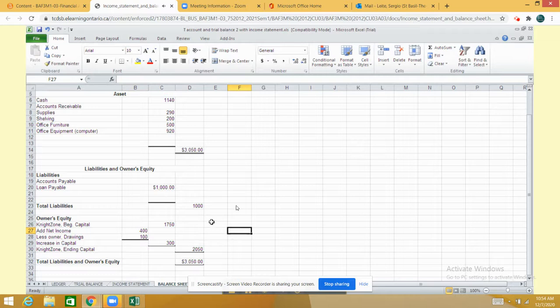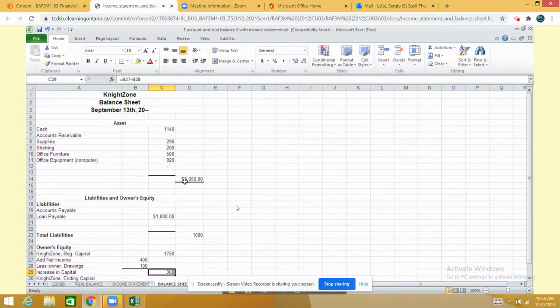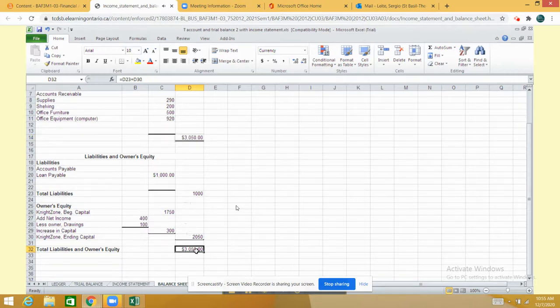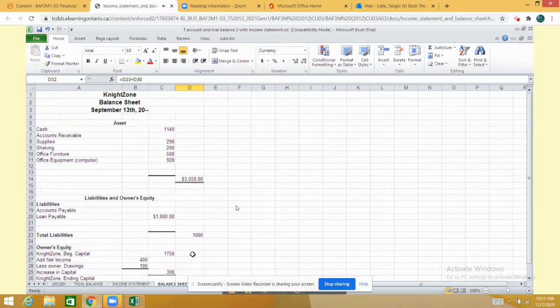So all of our numbers are in. And looking at the new capital section, the new ending balance for capital is $2,050. Recall that we started with $1,750. We've had a net income and some money taken out for drawings, so we had an increase in capital of $300. Notice how our assets do balance at $3,050, and our total liabilities and equity balance as well at $3,050. Notice the heading